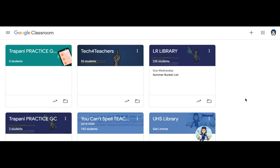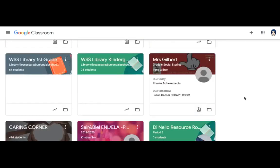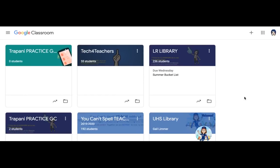And finally, the last Google Classroom cleanup tip is to archive any Google classes that you would like to have hidden from this view right here. When you open Google Classroom, you see every class tile of every class that you're a member of. You can archive the ones that you no longer will be using, and they won't appear in this view anymore. I don't recommend doing that unless you have done all of the other tips that I've